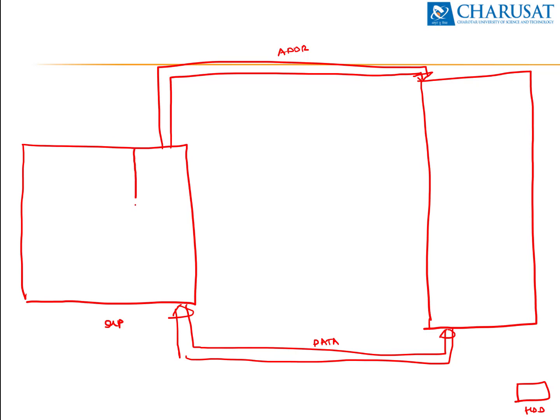I'm dividing this microprocessor into three parts: the first part, the middle part, and the last part. This we can say is the BIU, the bus interface unit. The physical address must be available over here, such that the address is placed on the address lines. At the specific address, data is fetched on the data lines, and from the data lines it is available to the BIU again, and the BIU transfers it to the specific register.